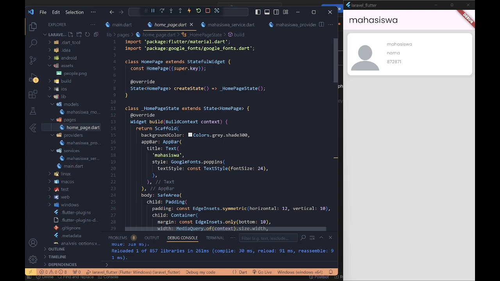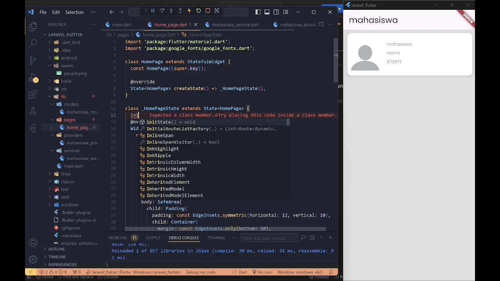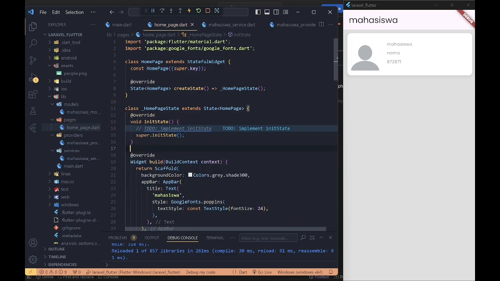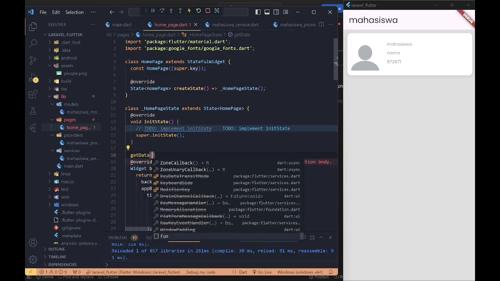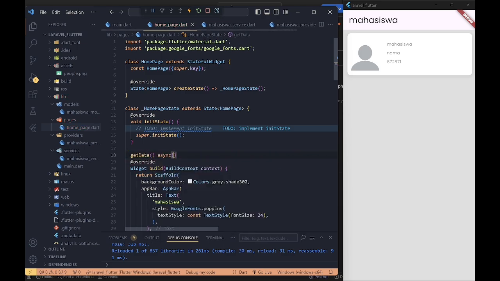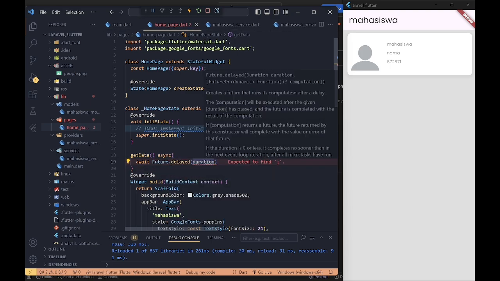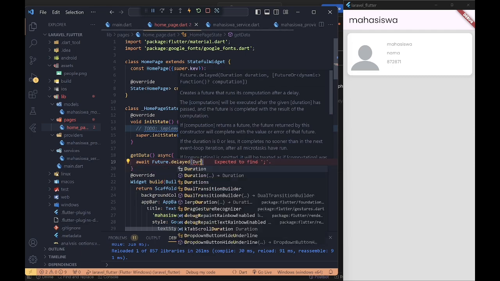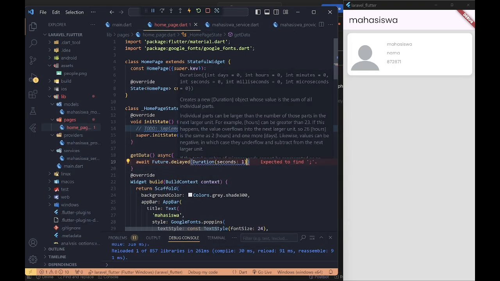And now I want to edit the homepage.dart file. First, we add this code in here. And we make getData async, await Future.delayed, so the data will be displayed with a delay, with a duration of 1 second.